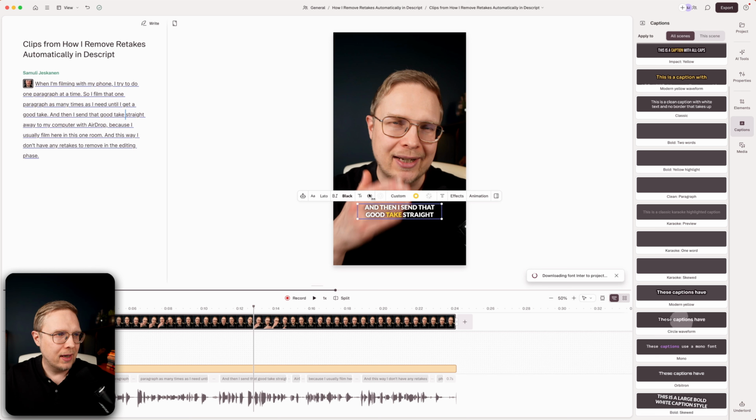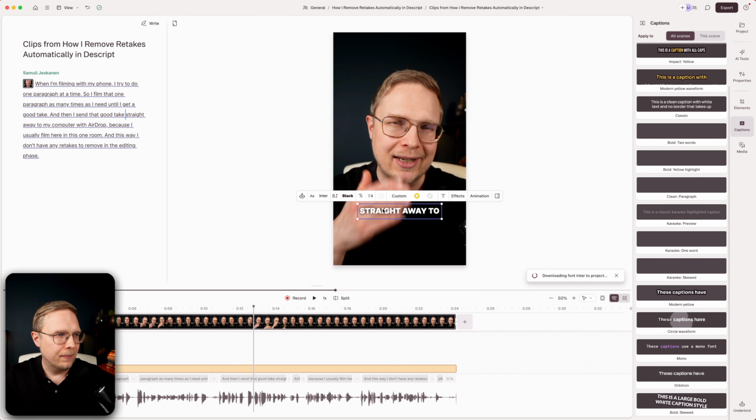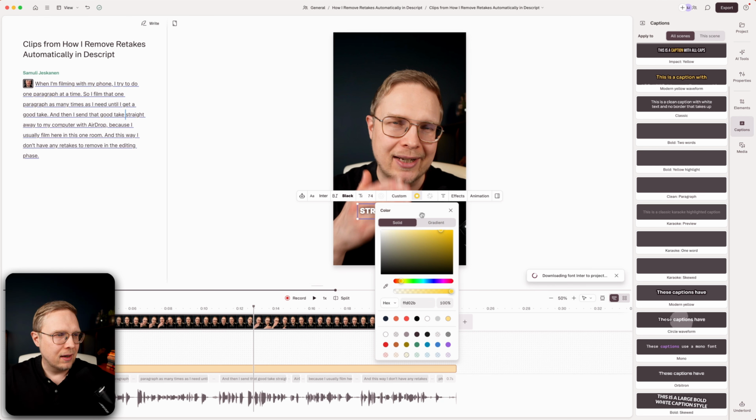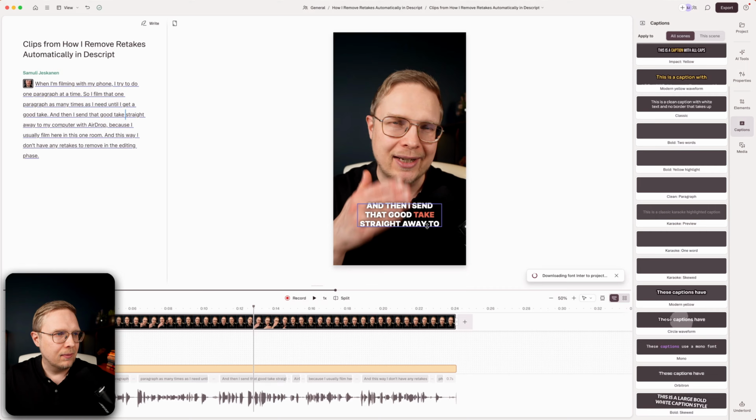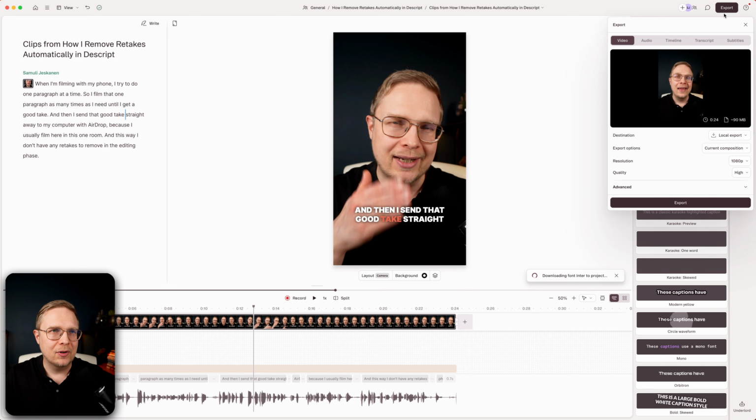And then we can adjust a little bit, maybe put a little bit bigger font. I will change the font to Inter and change this highlight color to my brand color red. And I wanted to have like 2 rows like this, and basically that is now a ready short form clip that I can export here in the top right corner and just save it to my computer and, for example, publish to